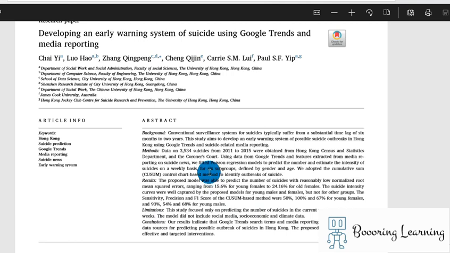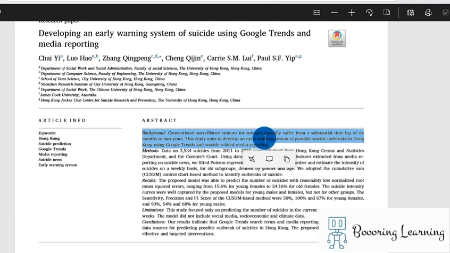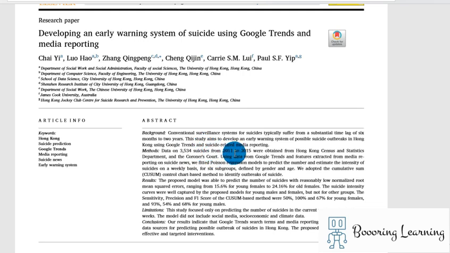six categories mentioned. In the background part, conventional surveillance systems for suicides typically suffer from a substantial time lag of 6 months to 2 years. This study aims to develop an early warning system of possible suicide outbreaks in Hong Kong using Google Trends and